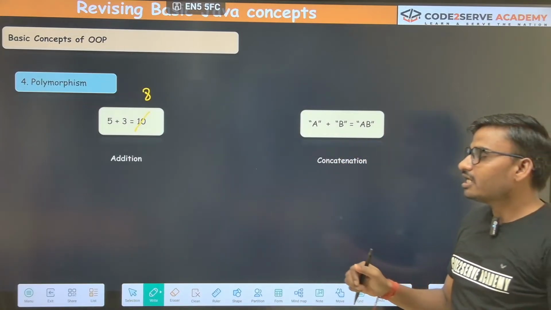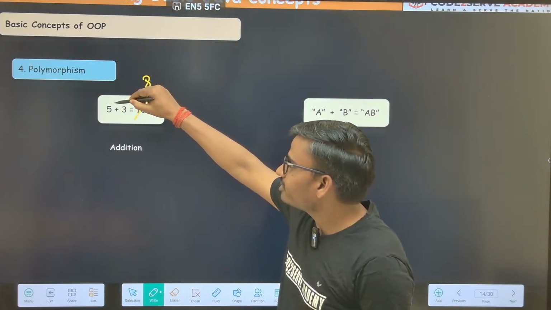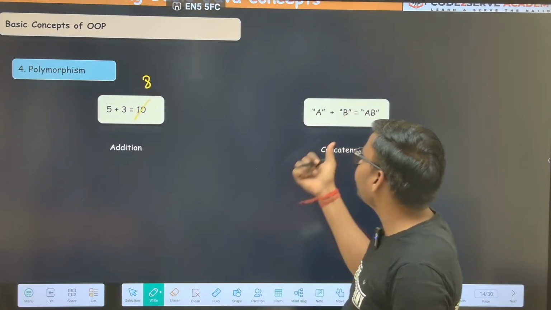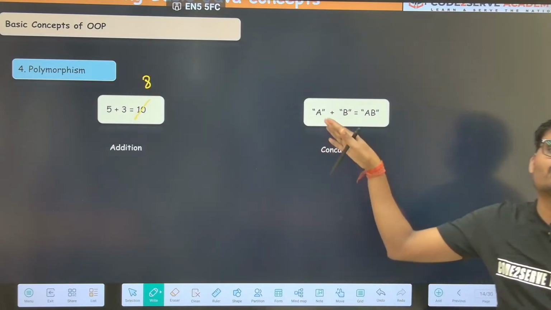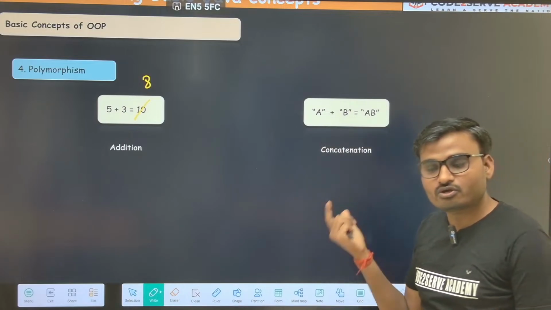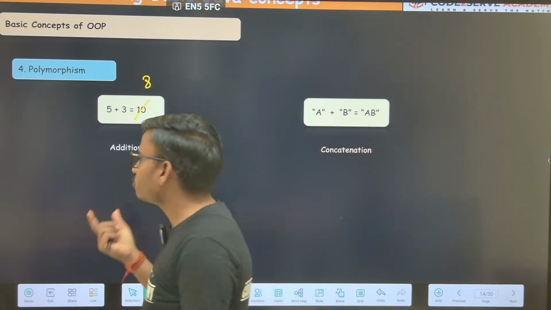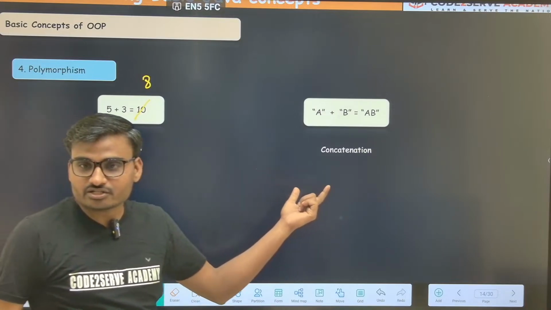So you see, here is a plus operator, here is also a plus operator, but the same plus operator is performing in two different ways. You are seeing. So this basically is your polymorphism. Got my point? So here what is happening? Here addition is happening, but here concatenation is happening.